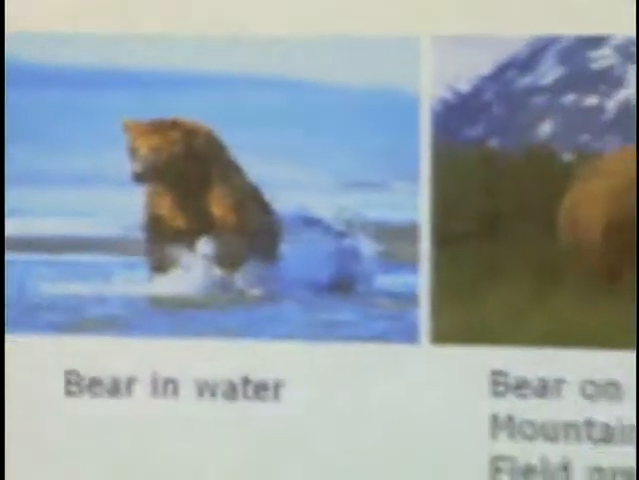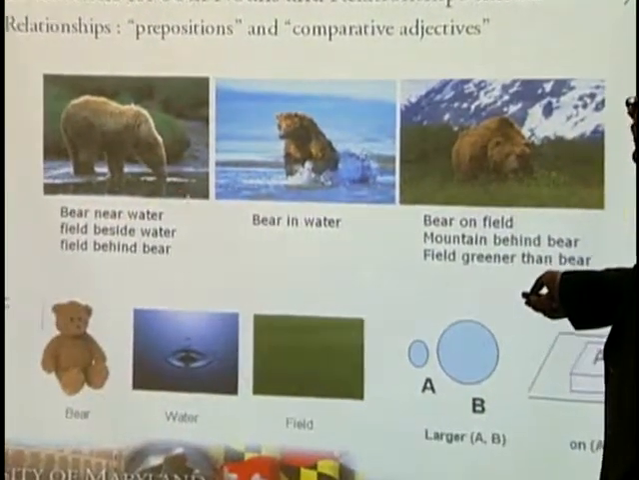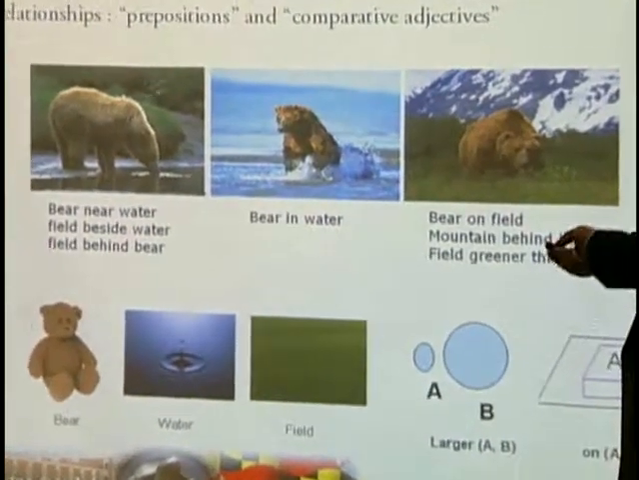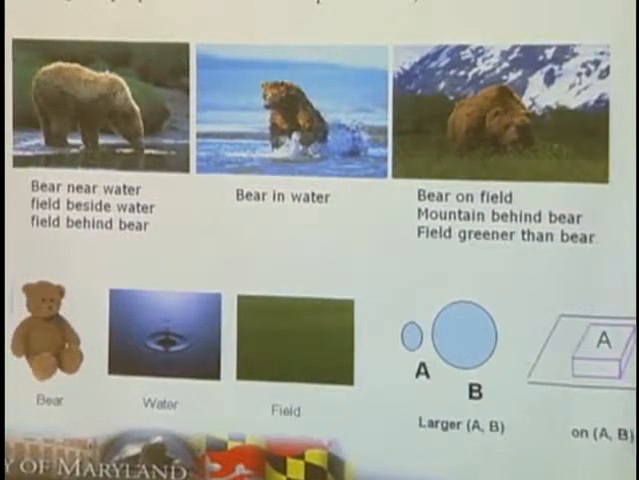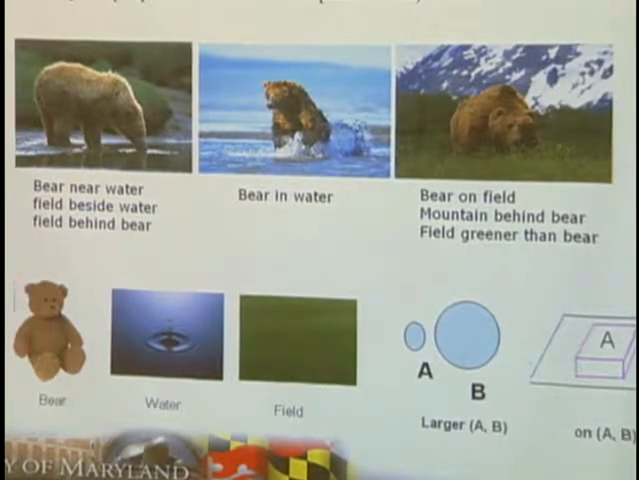Yeah, this is the input. I have shown only 3 images, but there are a lot of images and some description of these images, like bear is near water in this case, field is beside water in this case, field is behind bear in this case, bear is in water. And in this case, you do not know what near means, what bear means, and you do not have any assignments of nouns to the regions in the image. You have to solve all these things